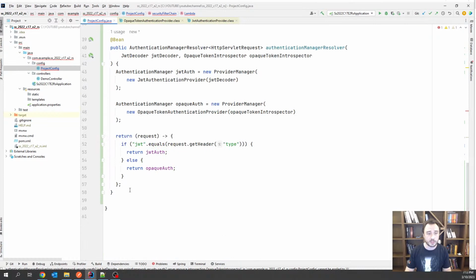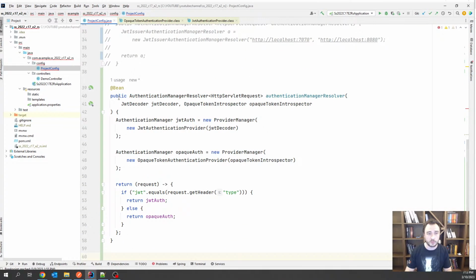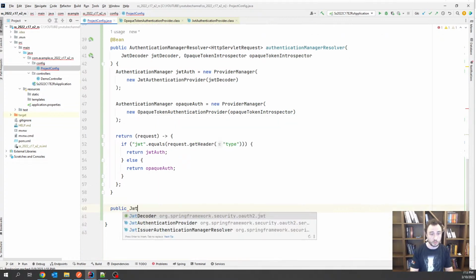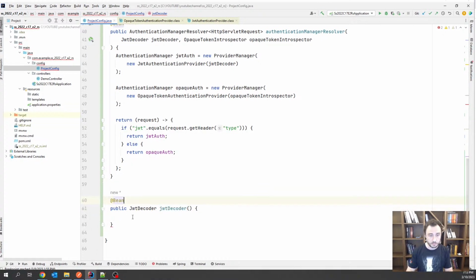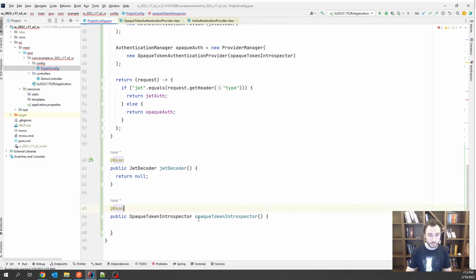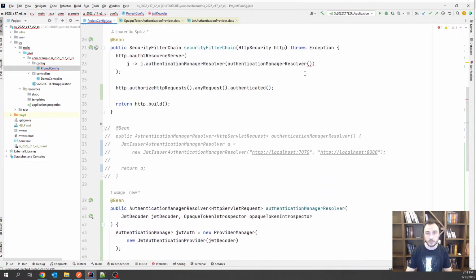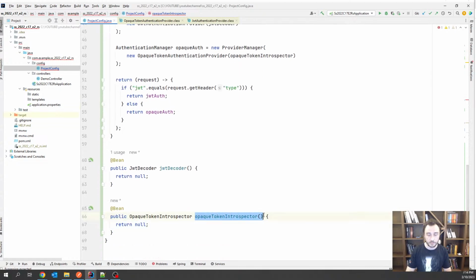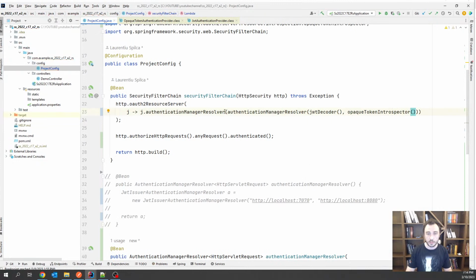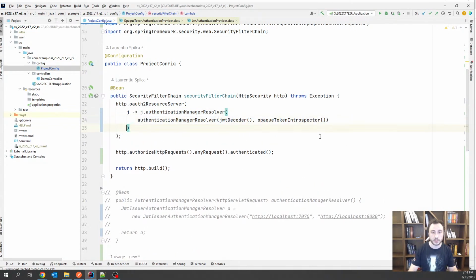So let's actually define those two beans as I said. I'm going to define a bean of type JWT decoder, public JWT decoder, JWT decoder bean, and then the second one is public Opaque token Introspector bean. I use return null for the moment. I will come back. I just want to escape completely the syntactic error I have here. So here it is. So I'm calling the bean methods, and now we have,